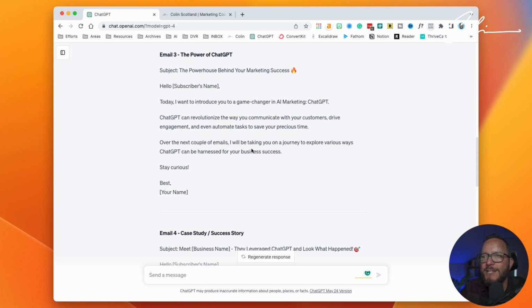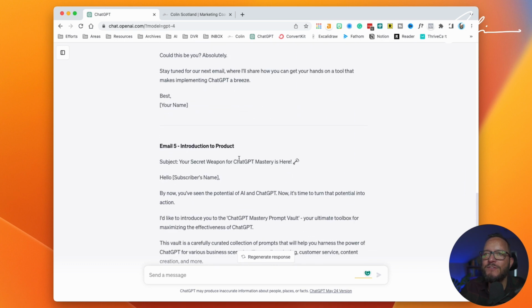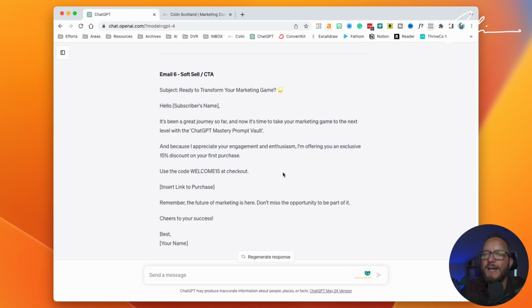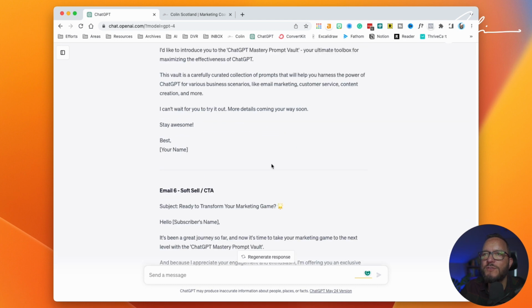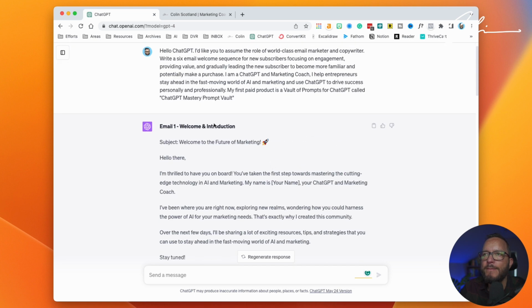So again, my users are familiar with ChatGPT in that they've played with it some. Maybe I would rewrite this: case study, success story, introduction to the product, toolbox for maximizing effectiveness. So I would take the actual benefits of the product. This is quite a good CTA, quite a good structure, right? It's not too far away from the structure that I use. Personally, I would use my own structure and then I would rewrite them in there.